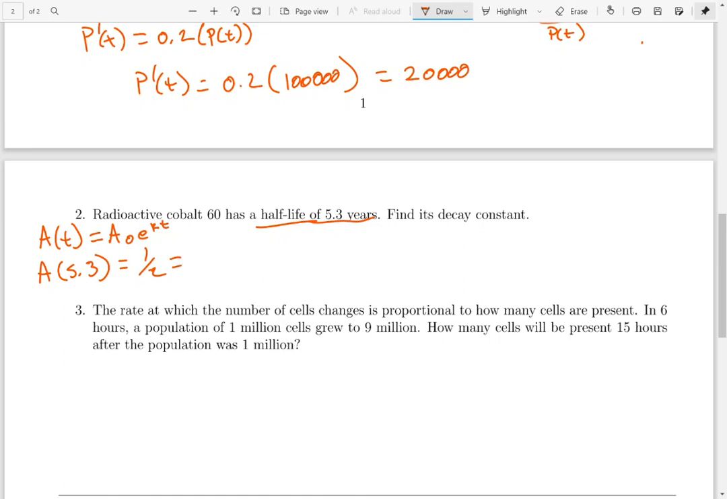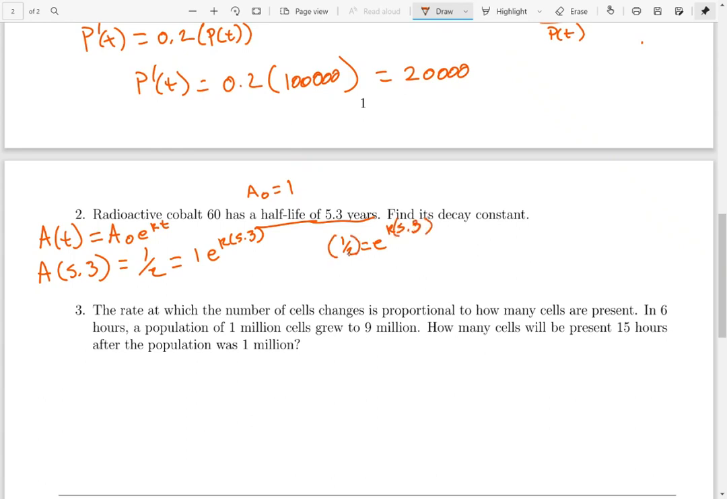We can assume that for the moment, A sub naught is equal to 1. And then if A sub naught is equal to 1, then that's going to be 1 times e to the k times t, where t is 5.3. And so now we just need to solve for k. Well, if I have 1/2 is equal to e to the k times 5.3,